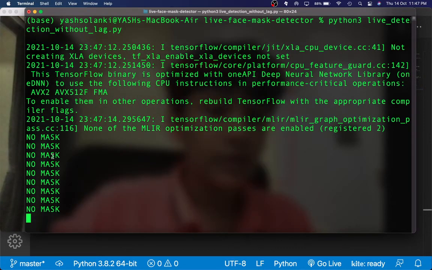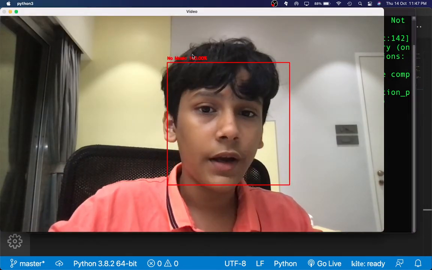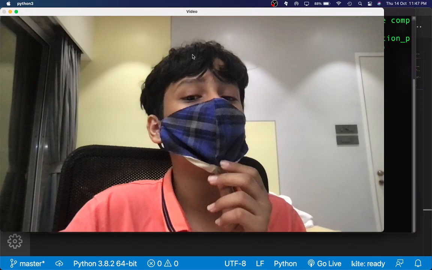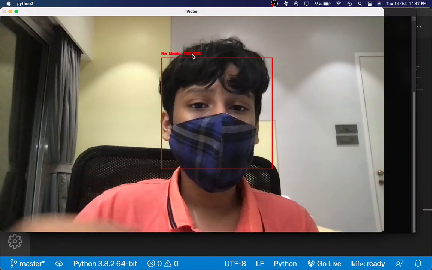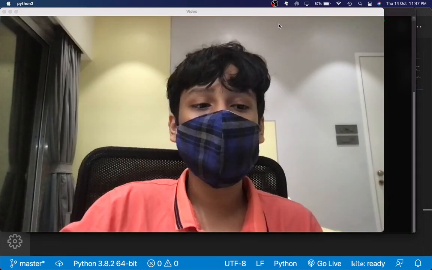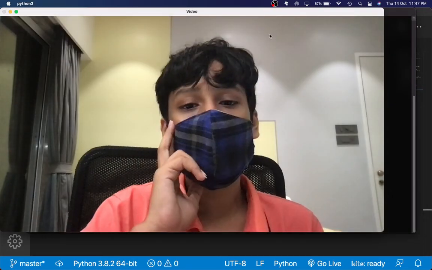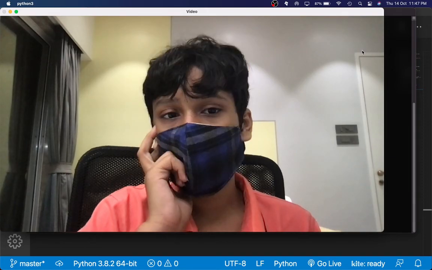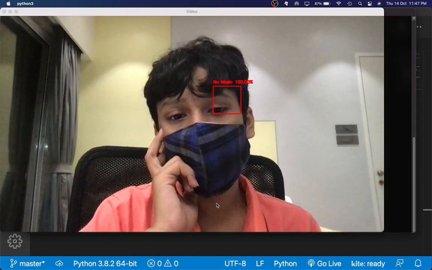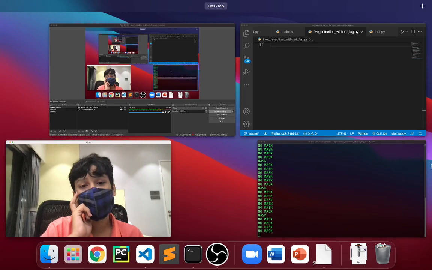As you can see over here, it's printing out no mask, and it's showing me no mask 100%. I can go over and wear a mask. I'm sorry if my audio is bad. I can wear a mask, and if I go over here, again, as you can see, my detection is kind of screwed up. That's because I can't get it to draw a square around my mask with my face. So it does get a little bit screwed over with that.